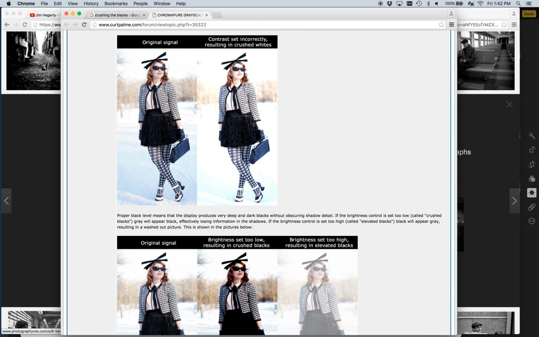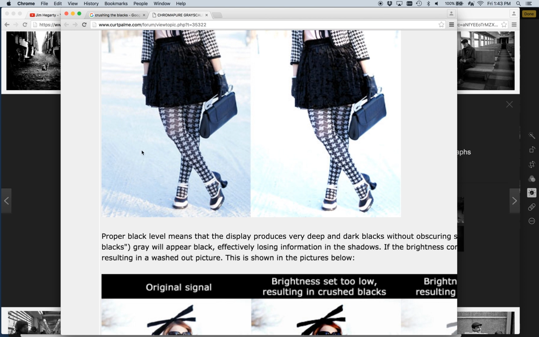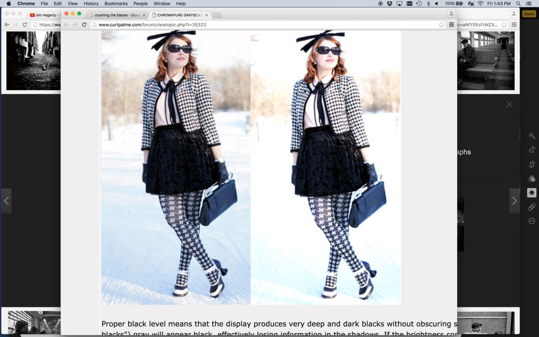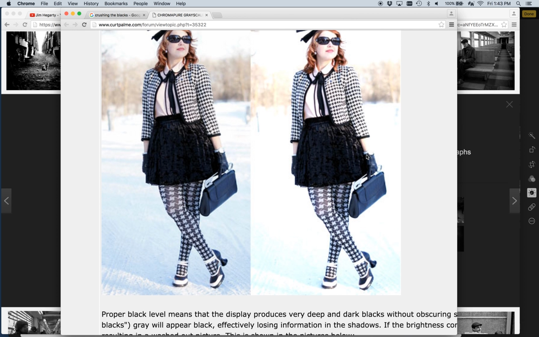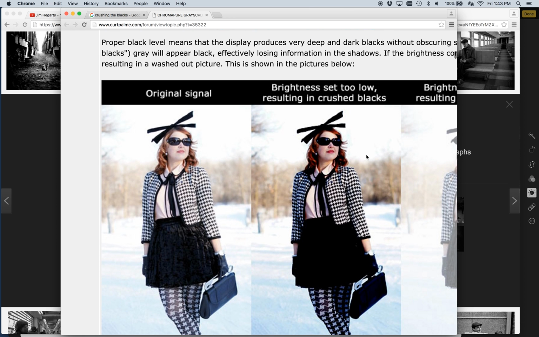So here we have a photo of a woman in a snow environment, a snow background, which tends to create a very high contrast situation. Here we've crushed the whites by accentuating the brightness too much, and you can see how there actually was some detail in the snow behind her, but in the situation where the whites are crushed, you end up losing all the detail of the background, and her skin looks pretty bright. And then down here, where we're crushing the blacks,